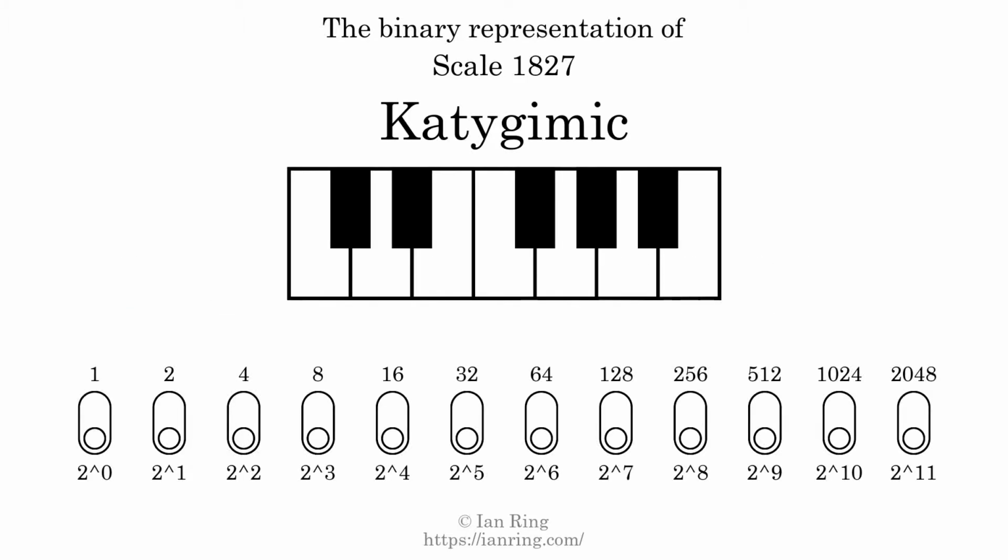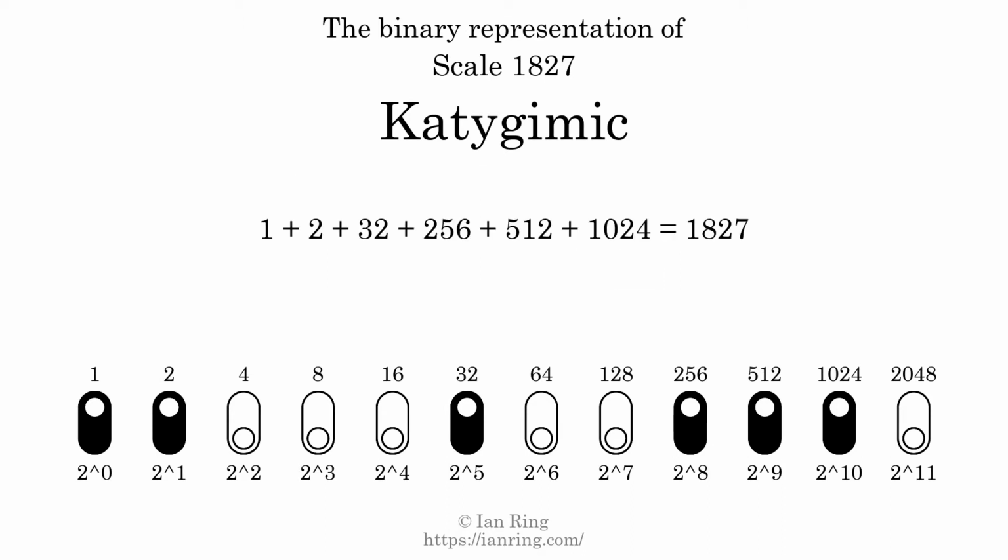The binary representation of this scale is determined by mapping tones of the scale to binary digits. Each binary digit represents a power of 2. To get the scale number, we add the powers of 2 together. The powers of 2 that are present in the scale, all added together, equals 1827. That is why the scale number, in decimal, is